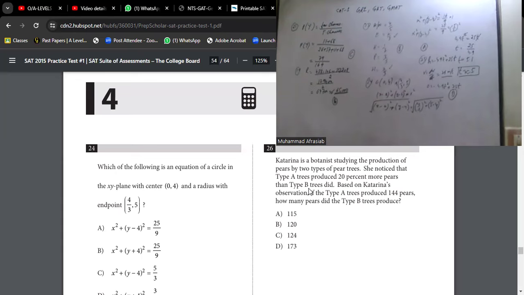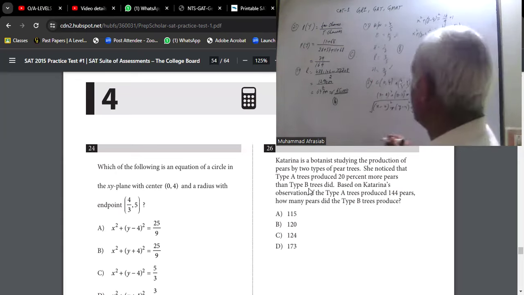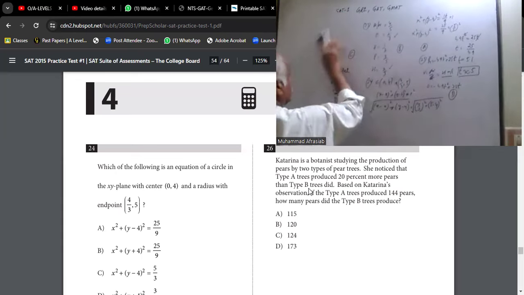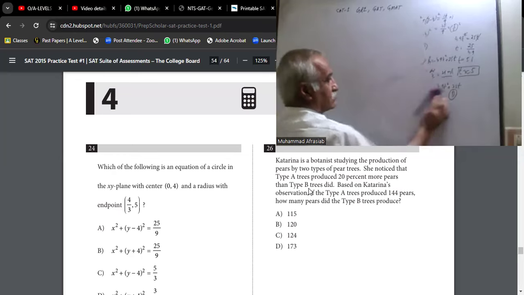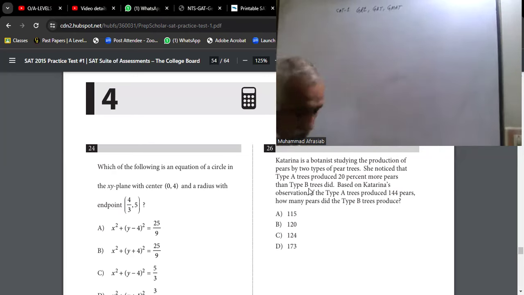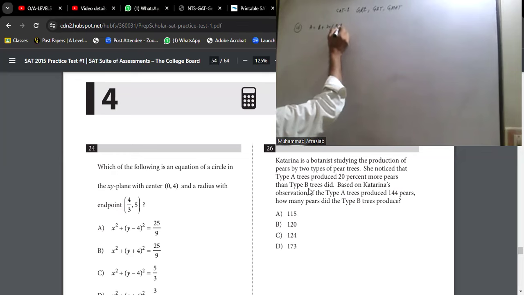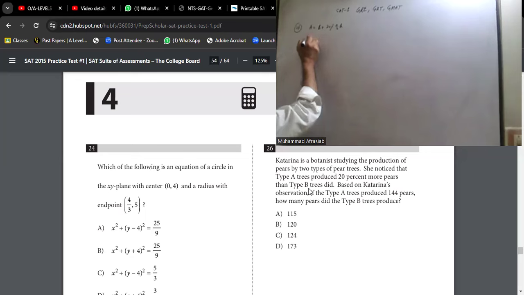So in this question, we know that type A is going to produce 20% more than type B. So we can write this as A is equal to B plus 20% more than B. So let the tree produce X. So that thing is equal to this Y plus 20% of this Y. But they are going to produce 100